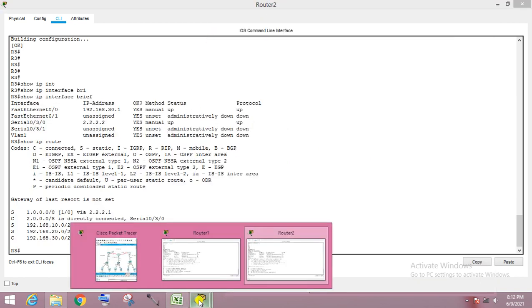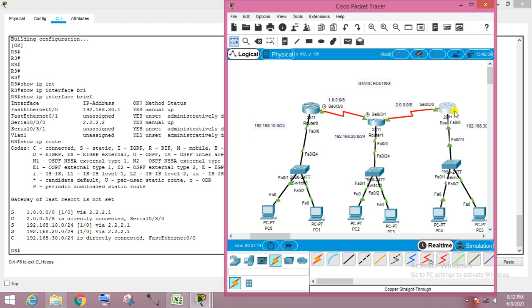What will you observe here? This router already knows the 2.0 network and 30.0 network. Now this router knows about the 1.0.0 network through static routing, and the next hop is 2.2.2.1.